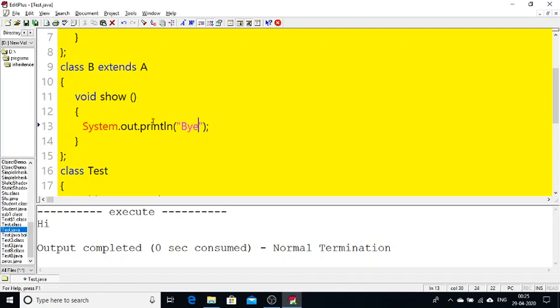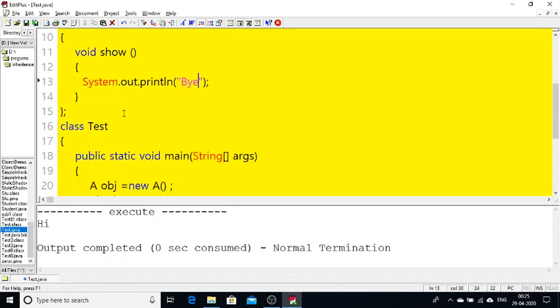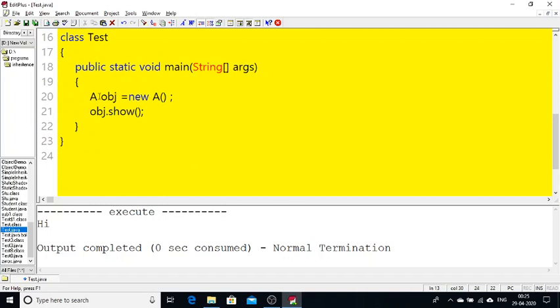Now I want to call the show method of the B class. So for that, I am simply using A obj is equal to new B. What is going to happen is, a B class object is going to be created, but it is stored in the reference variable of A. Now if I call obj.show, what is going to happen?